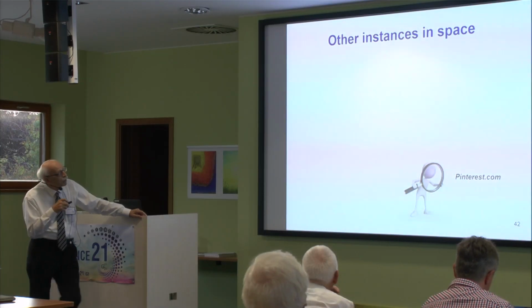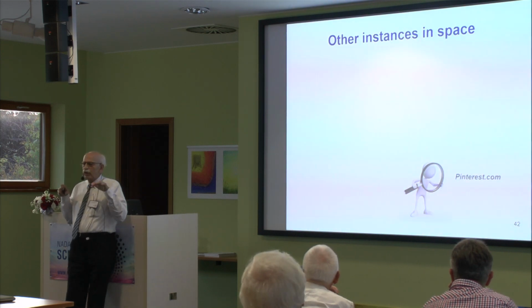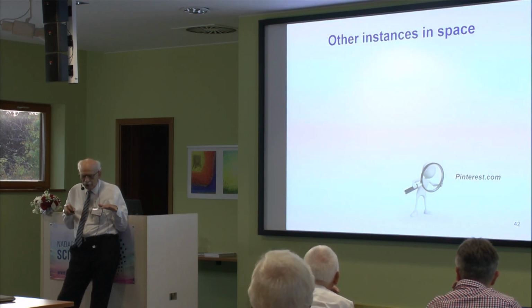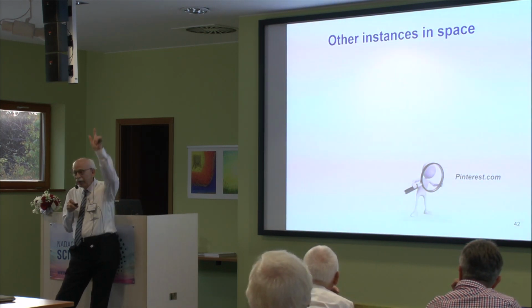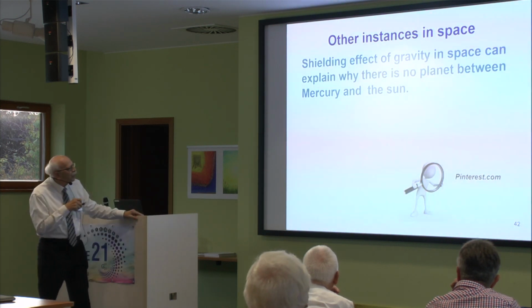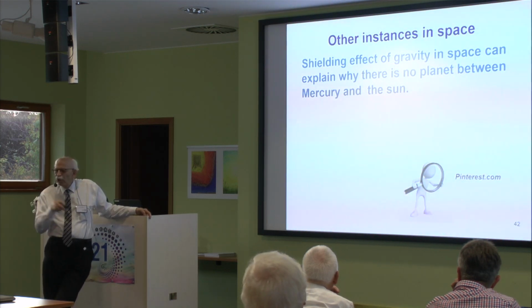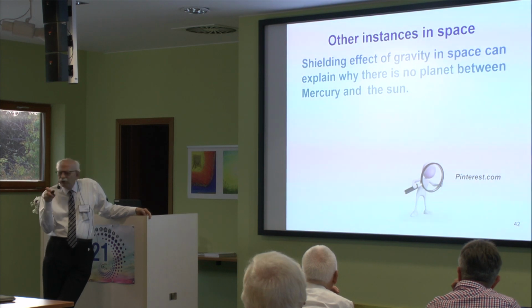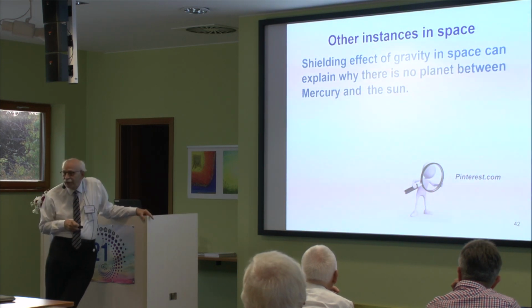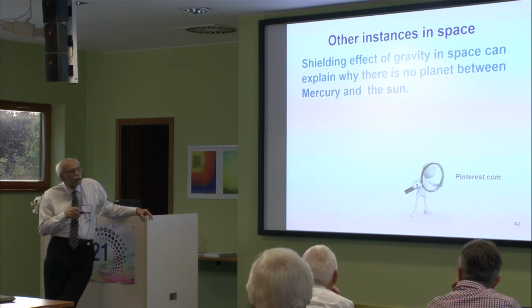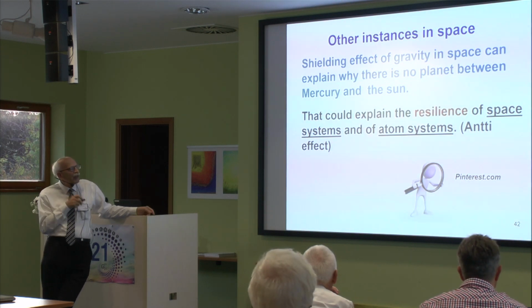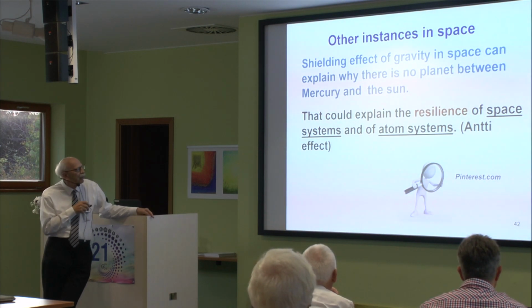Other instances in space. If it's true in our world, and if it's true in the astronomical world, maybe it's true. So I was looking at Mercury, and between Mercury and the Sun there's no planet. But according to Newton's formula, you could have a planet there, but there's none. So maybe the resilience of the space system and of the atom system, it's called the anti-effect, because of my friend Antti